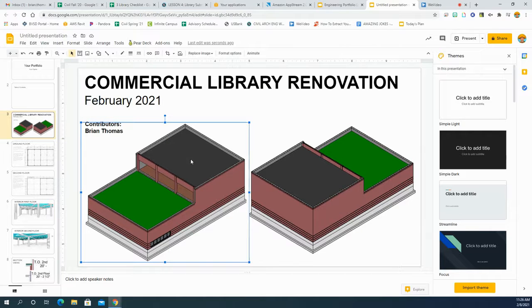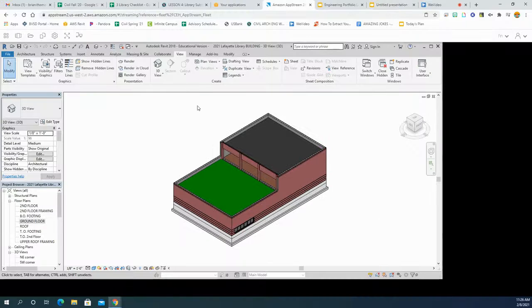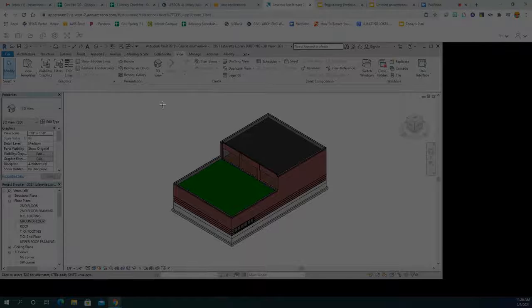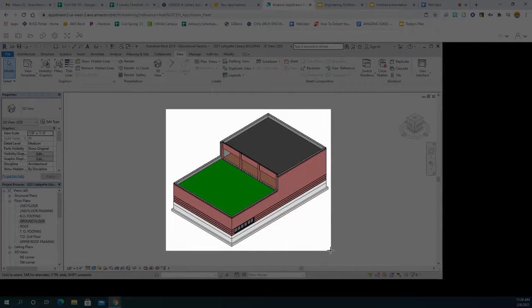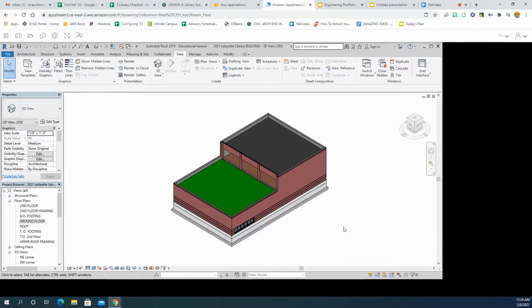Now I just want to give you a couple quick things, so keep watching. A couple quick things for taking these screenshots. So the first one is, if you are on a PC, if you press Shift and then the Windows key, which should be between the Control and Alt keys on most keyboards, it's a little Windows icon, Shift Windows S. And if we do that, it should go gray, and then you can take a selection screenshot. So I'm taking a selection screenshot right here, and then onto your presentation,